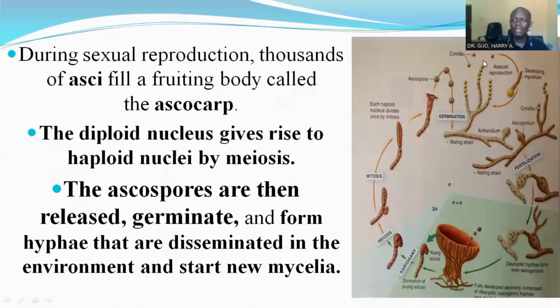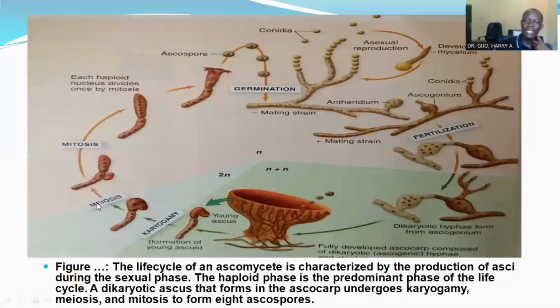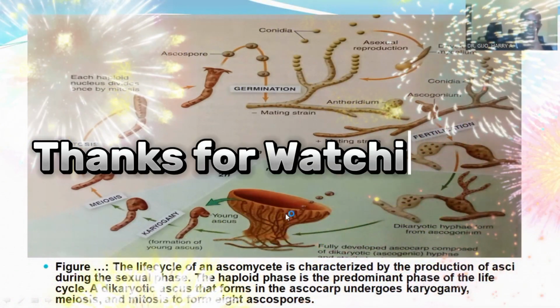continue the cycle. Now here, the asexual cycle can continue. The spores are produced, they germinate, they grow into mature hyphae and produce conidia again, and the cycle continues. But where the male and female strains fuse, it goes into the sexual phase, in which fertilization occurs, and then the dikaryotic hyphae form from the ascogonium, and then it develops fully into the